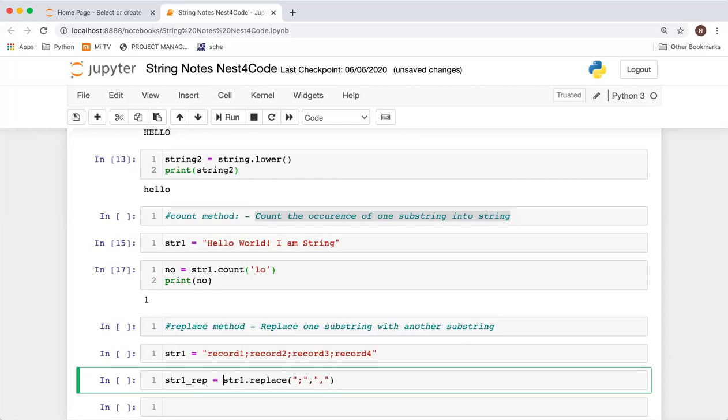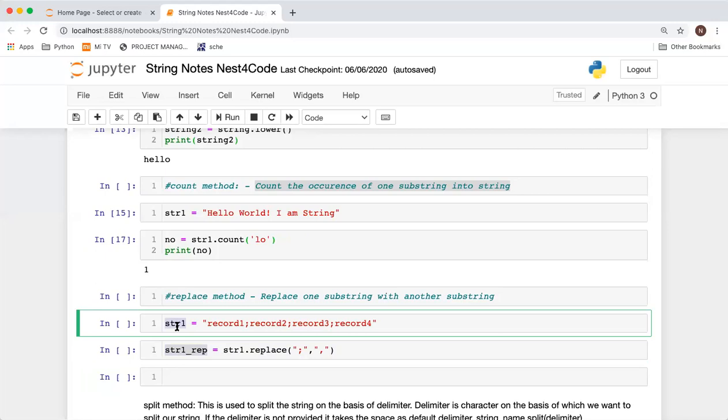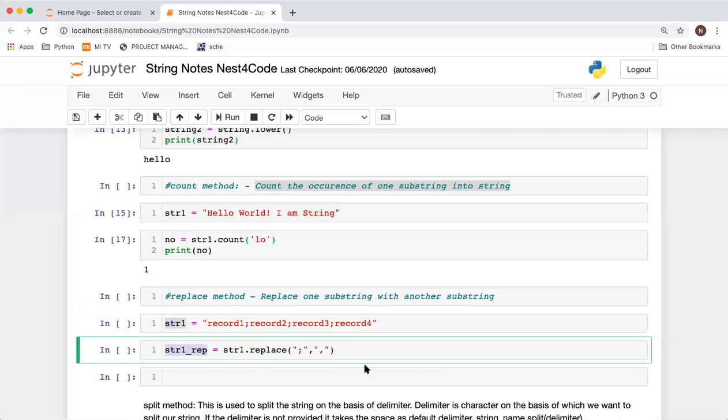We can even store it in the same variable, but we have to store it in a variable if we want to access it later. If you want the reference of both the old and the new, store it in a new variable. If you don't want to use the old one, you can store it in the old one too.